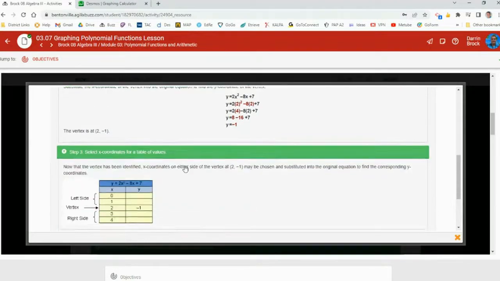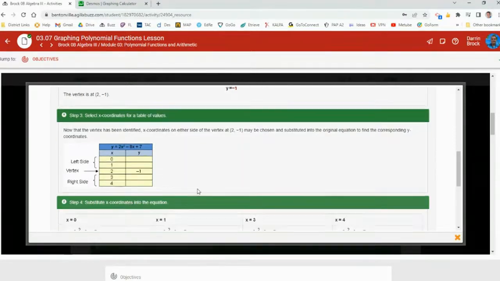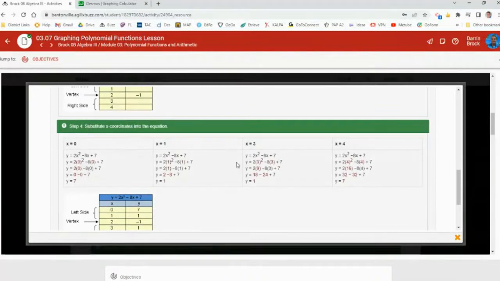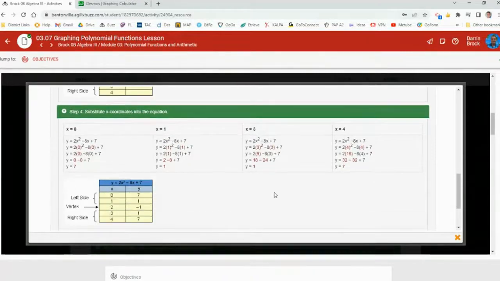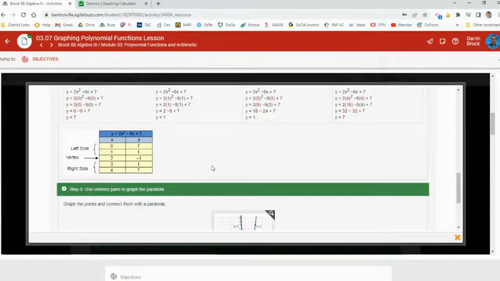Then we can make a table for other values. We know the vertex is at 2. So we put a couple of values on either side of that: 0, 1, 3, and 4. Substitute the x's into the equation, 0, 1, 3, and 4, to get what the y coordinates are. And they are 7, 1, 1, and 7. And just take those points and put them on a graph,